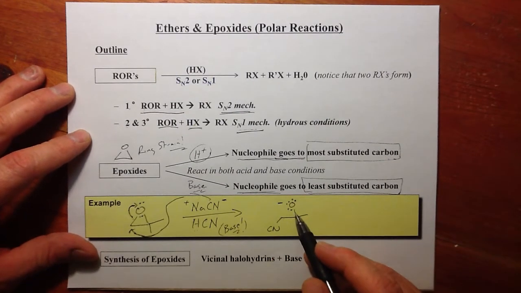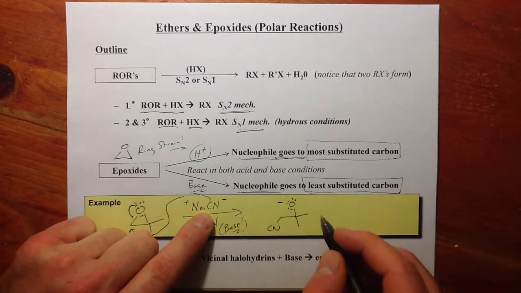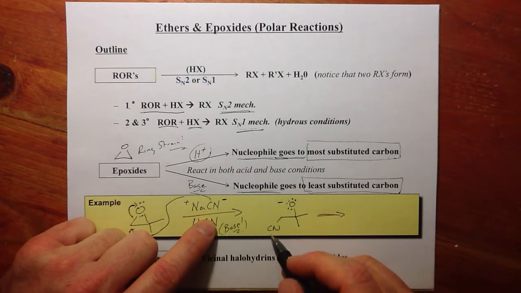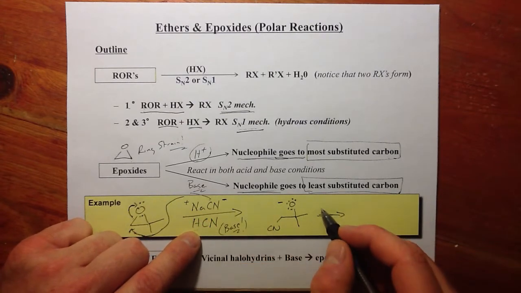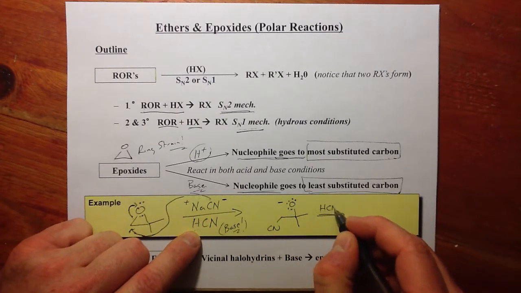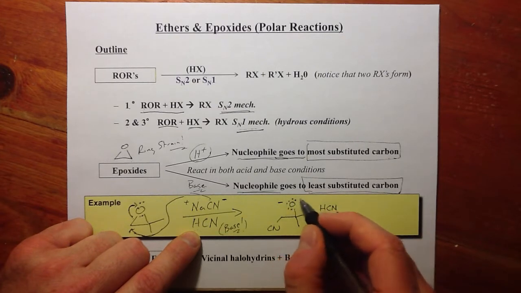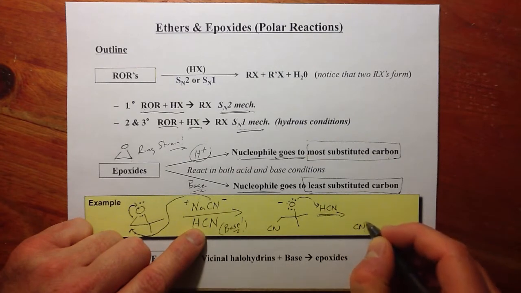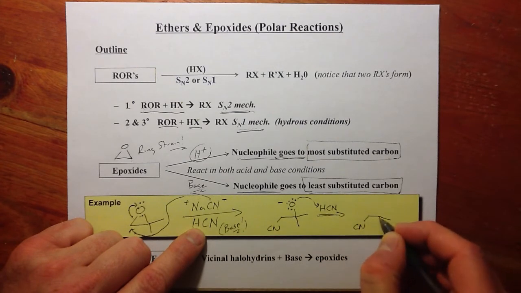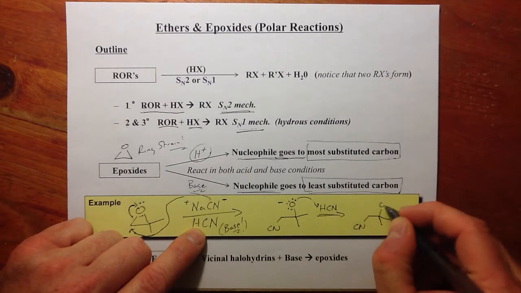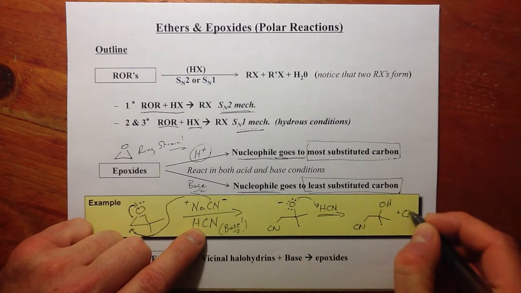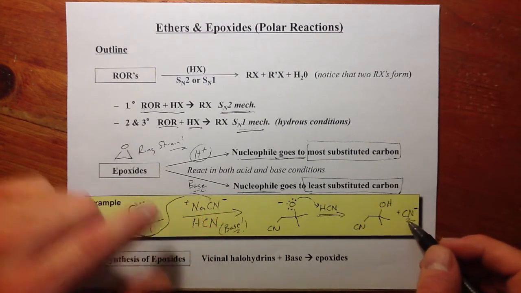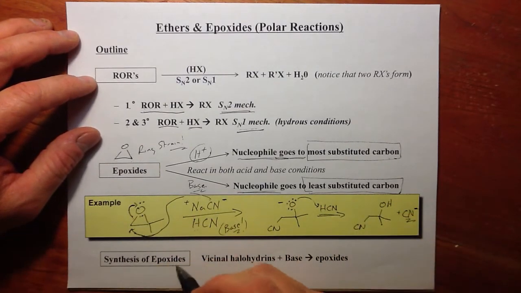Now, we just made a strong base from a weak base. This is why we need the buffer, because this would just come right back, kick this cyanide off. But if we have floating around some weak acid, we can have the proton from hydrogen cyanide picked up, and we do two things. We, one, satisfy the oxygen's reactivity. It's a strong base. But notice, we also regenerate our cyanide,